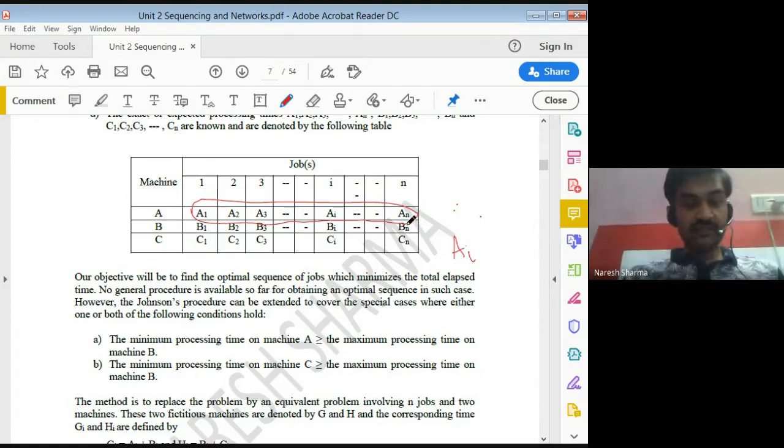Then you choose the maximum from all the B's, that is B1, B2, B3. Suppose that is Bj.